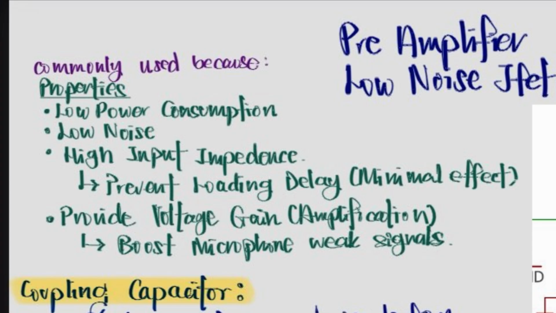It's included here at the start of the signal processing circuit because its properties include low power consumption, low noise, high input impedance, and amplification. The high input impedance is helpful because it ensures minimal loading effect, preventing signal loss. The amplification will boost the microphone's weak signals picked up from the heartbeat and provide voltage gain,